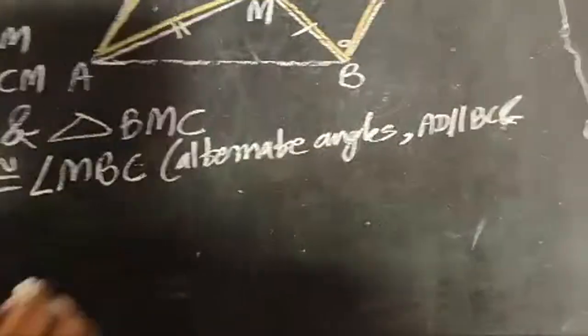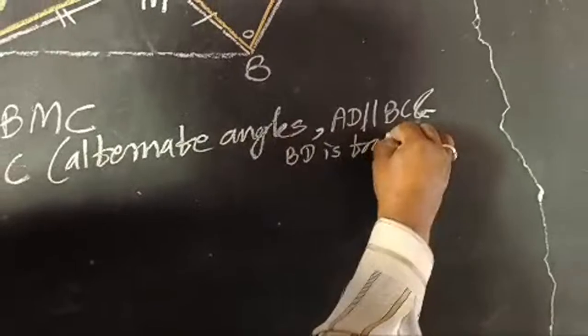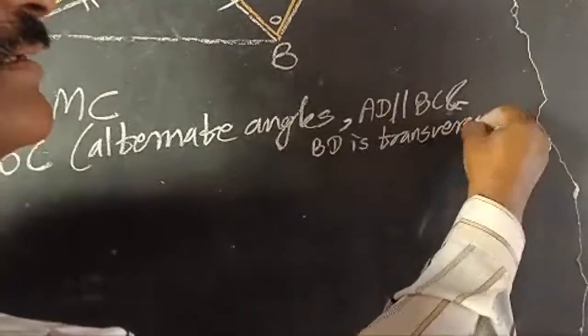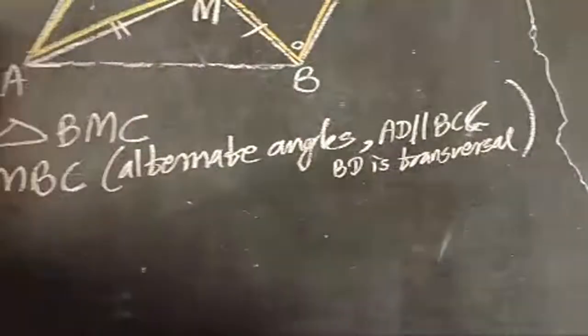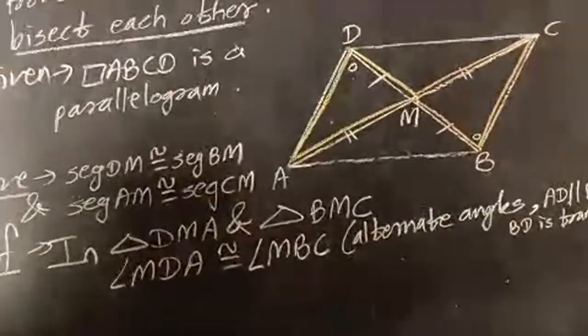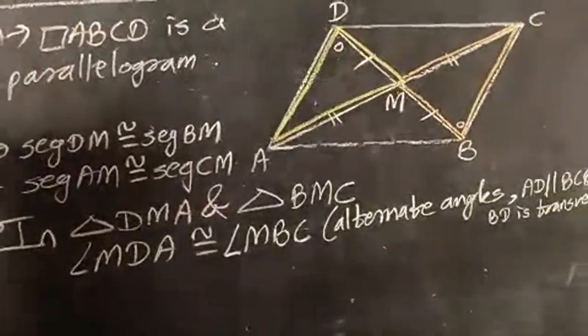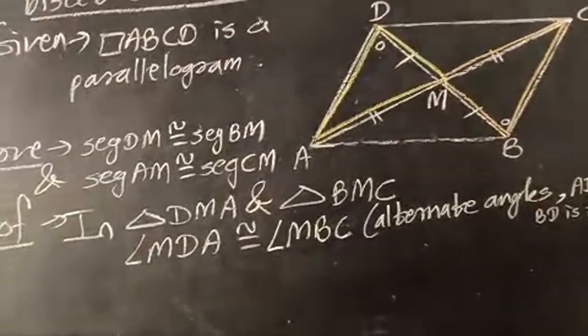Yes, BD is the transversal. Good. This is the first condition. Then the second condition is